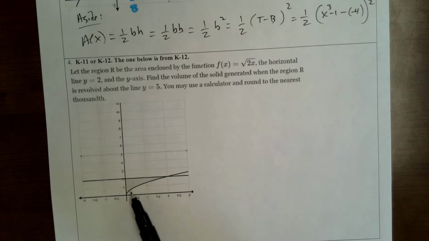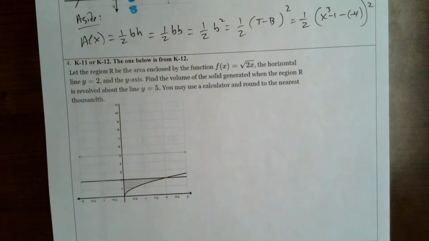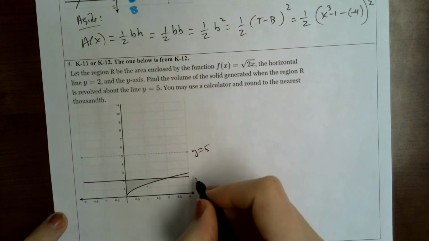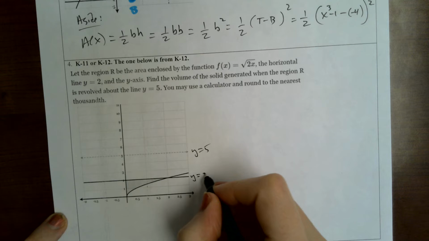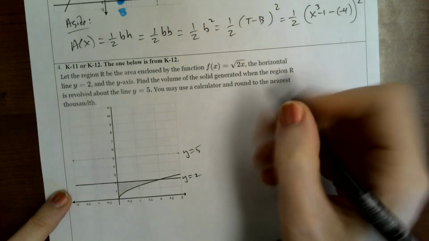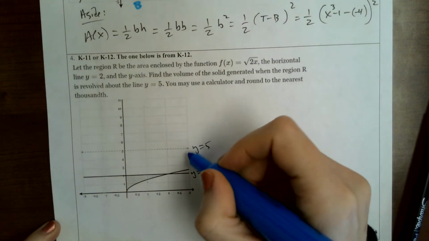So let the region R, this shaded region, be the area enclosed by this function, the horizontal line y equals 2, and the y-axis. Find the volume of the solid generated when the region R is revolved about the line y equals 5, which is right here. Okay, that's y is 5. This one is y is 2. All right, and then we may use a calculator. So with volume, since we're revolving around